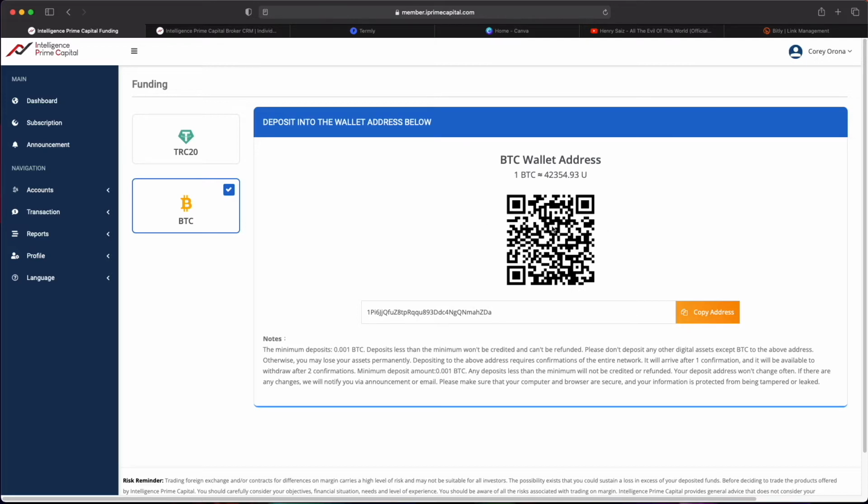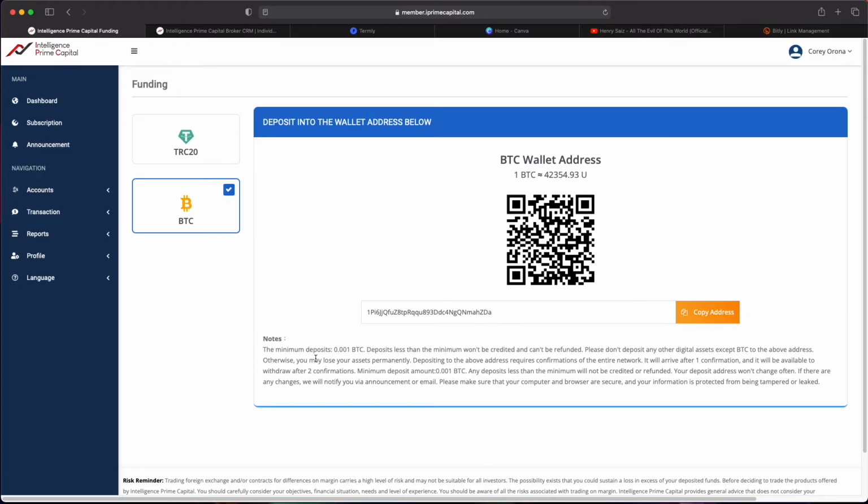It basically has the QR code here. I believe that's what that is. Yeah, QR code that you can scan. Or if you have a wallet on your phone, you can send the crypto from your phone to this address. It's really super simple. Also, you can copy this address here. I'm going to show you how to do that in a second, if you're on a desktop, laptop, or a mobile device. But as you can see here, we want to take a look at the notes here